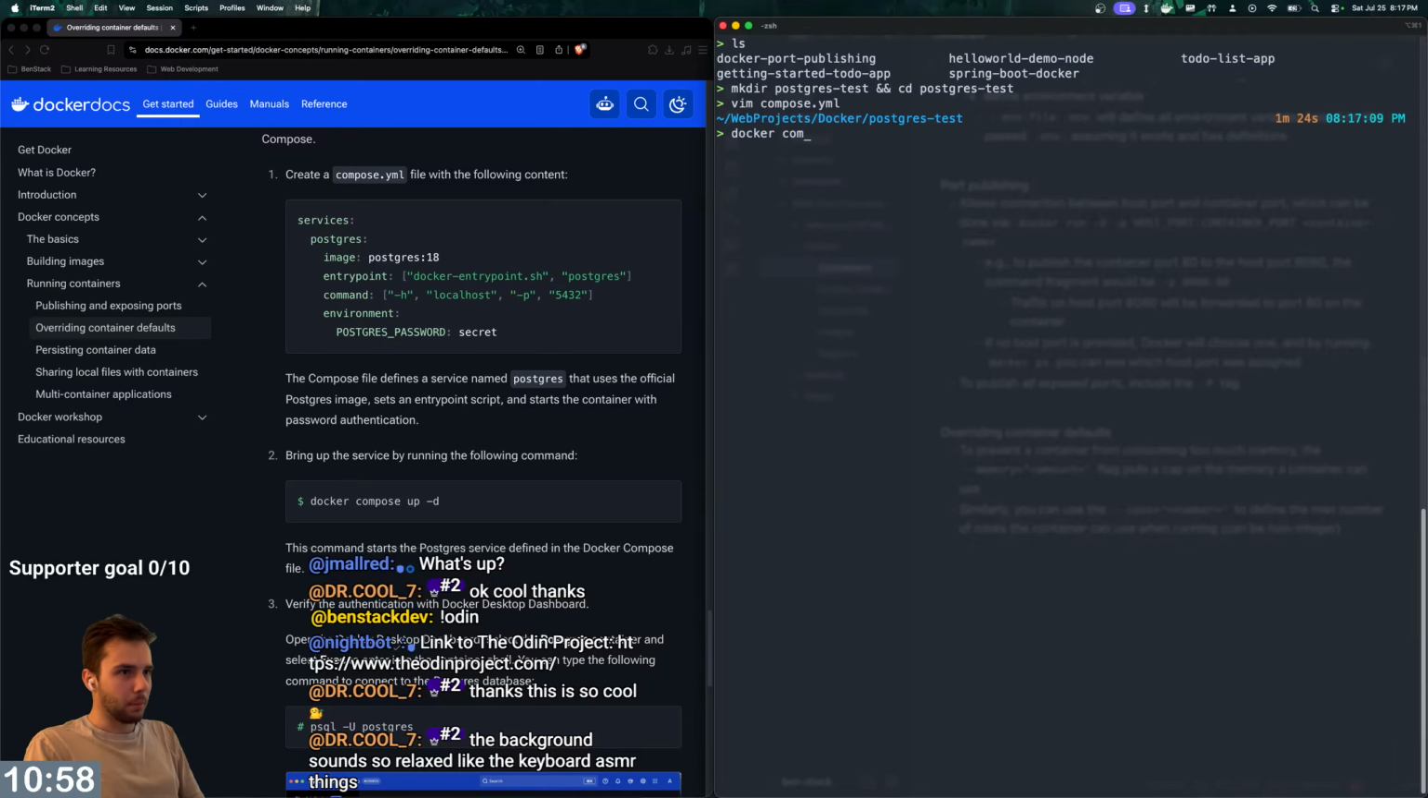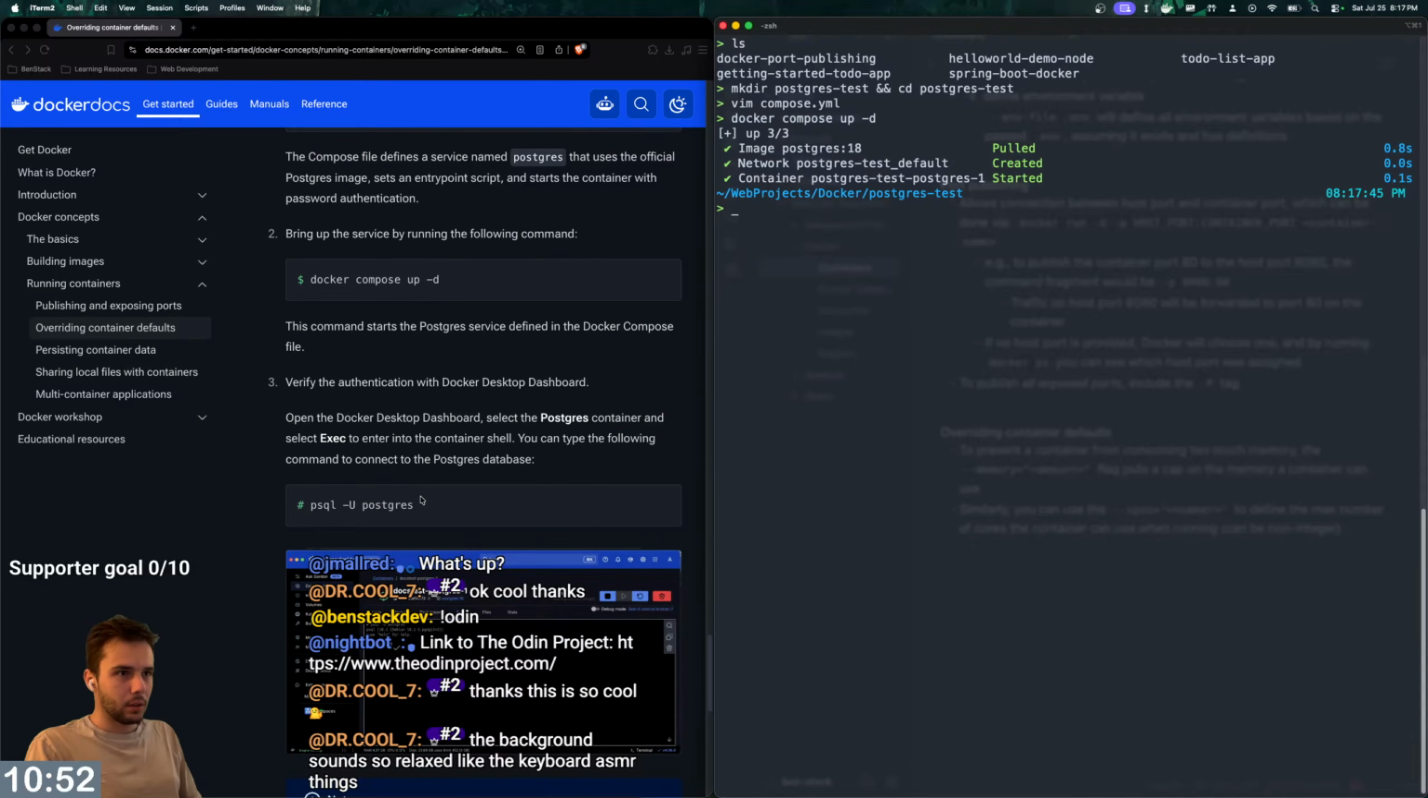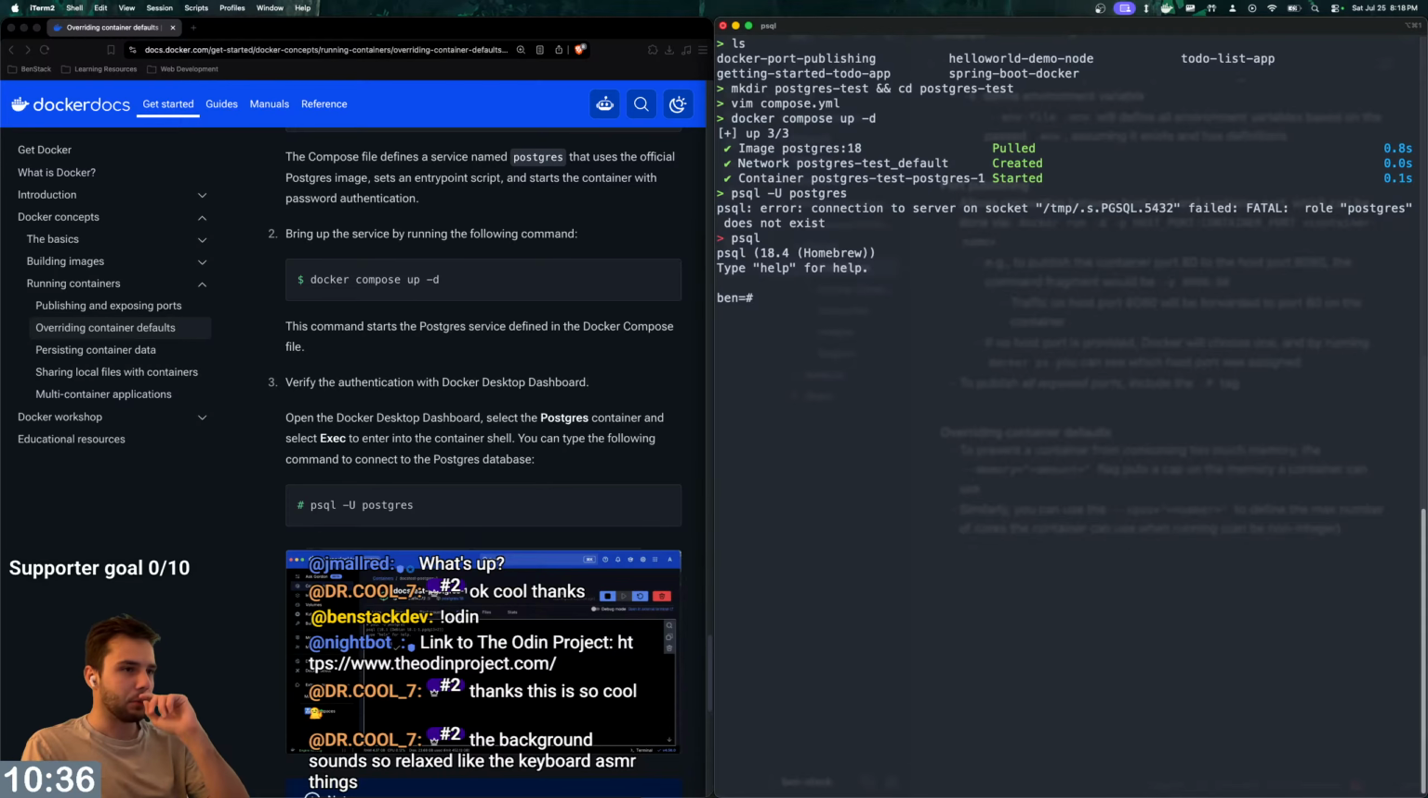All right, Docker compose up. Okay, cool. So that worked. Okay, so that should... Oh, psql: role postgres does not exist. Oh, because that's not the role. But I don't know if this is the version that I just had running, or if this is the